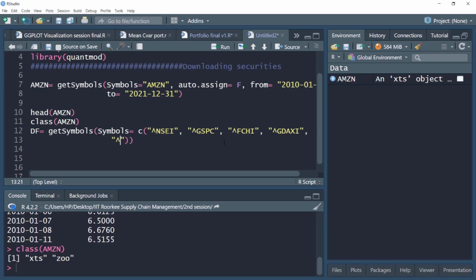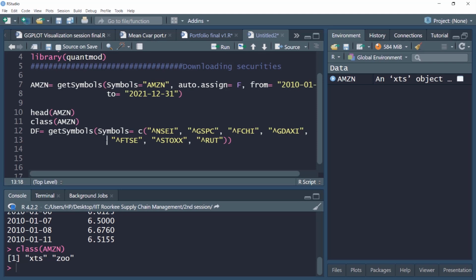Then you have FTSE. This is for FTSE 100 in the UK. Next you have STOXX, which is the major Euro stocks index. And then you have Russell 2000, which is another major index. For this we have RUT. So these are the major indices that we have selected.